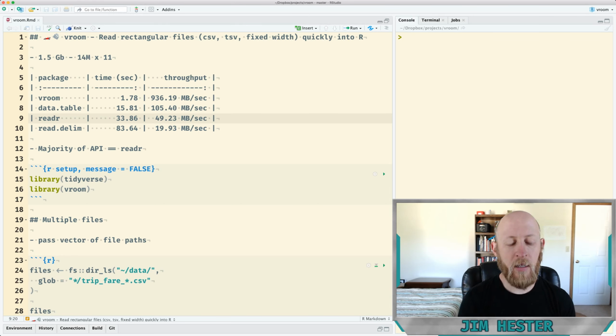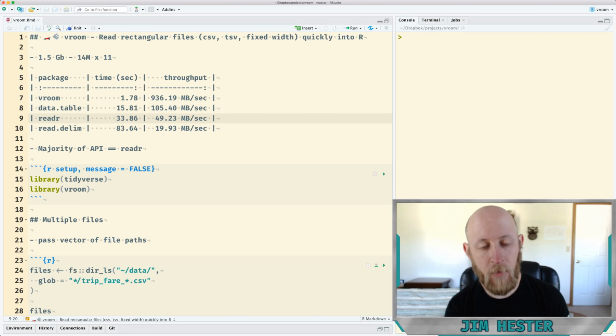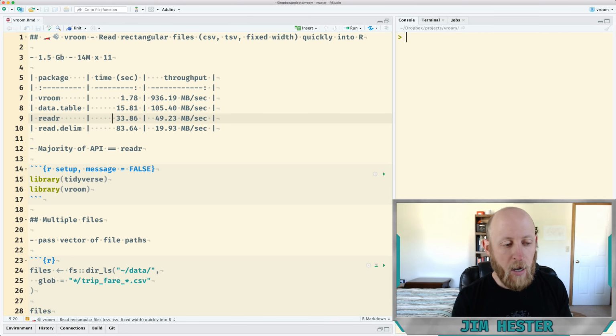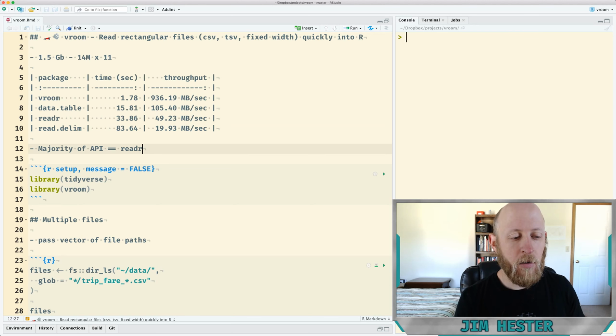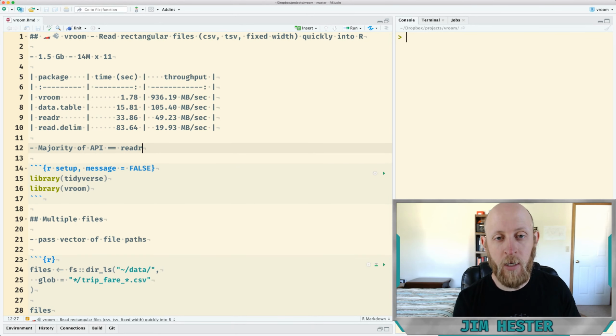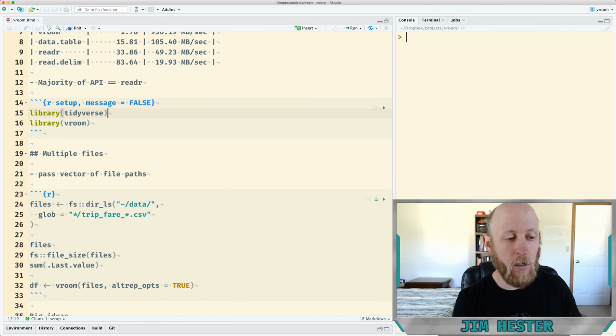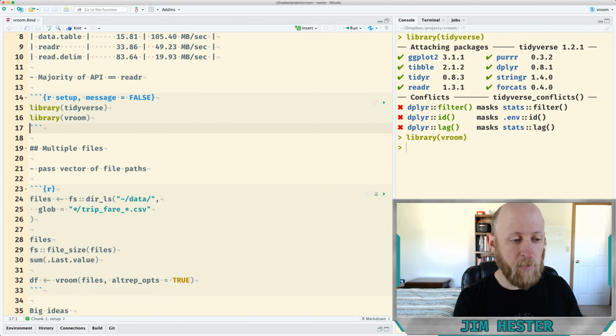And you can see the results from other packages such as data.table and readr and the base function read.delim for the same file. So how is vroom able to do this? I should also mention that the majority of the API in vroom is very similar to the readr package. So this tour will really be focusing on features unique to the vroom package. So first, let's just load up